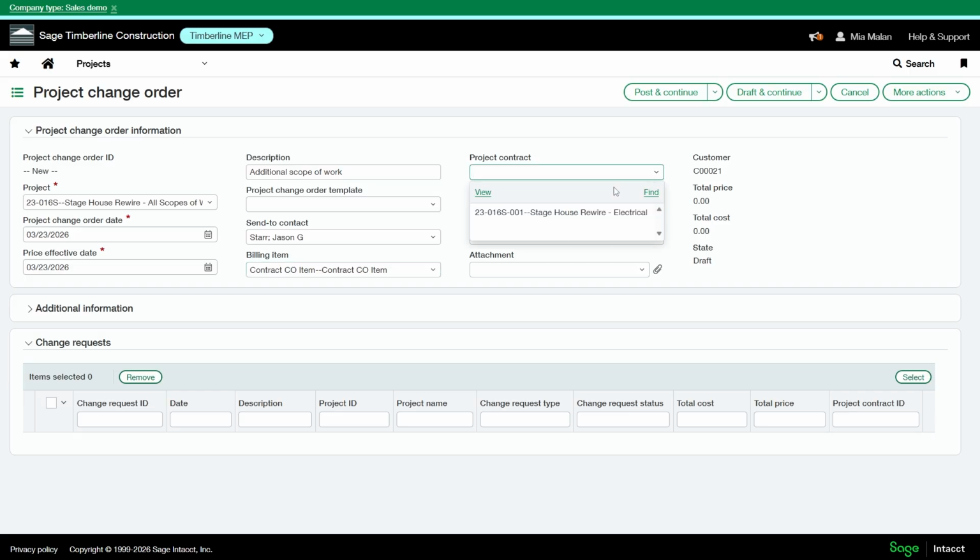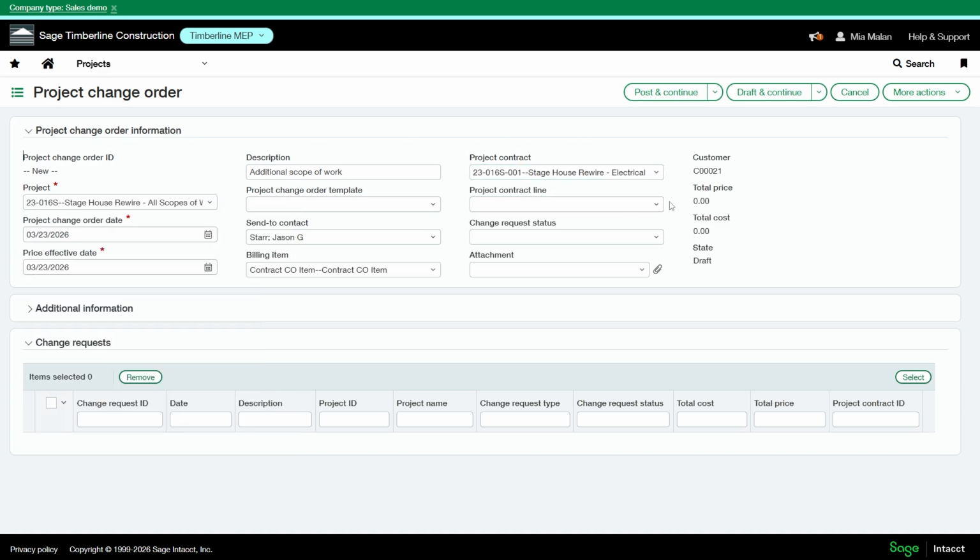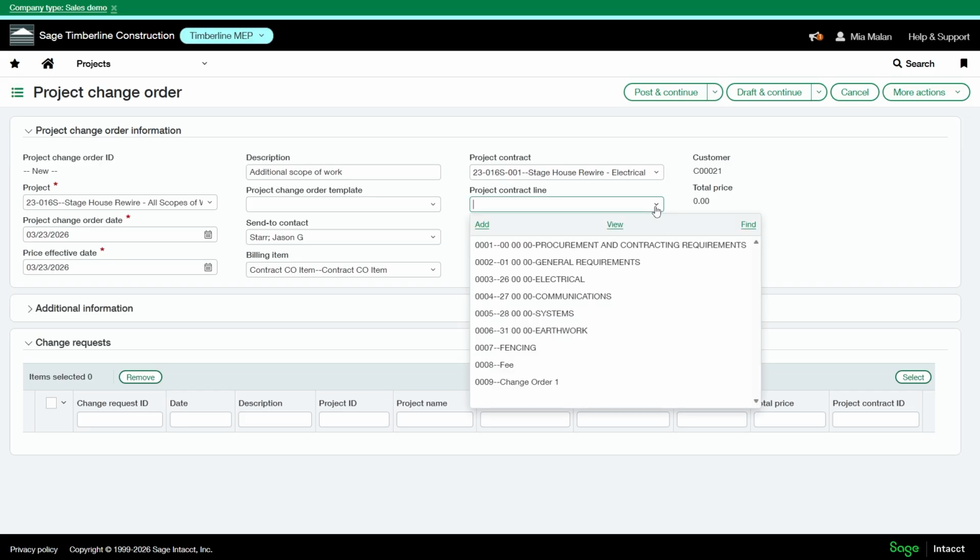Here we'll select our project contract. It is linked to this project here. Any sub contracts would follow. And then here is where you can select your project contract line. Recall in the last video, I added a line for the change order. Stay away from special characters in any of these fields. That's important to note. It'll allow you to save with special characters, but you'll have a random issue down the road, billing or issuing anything after.